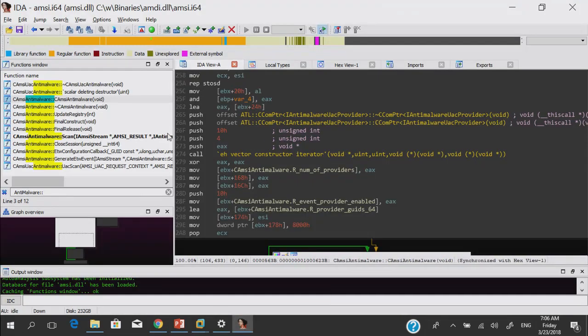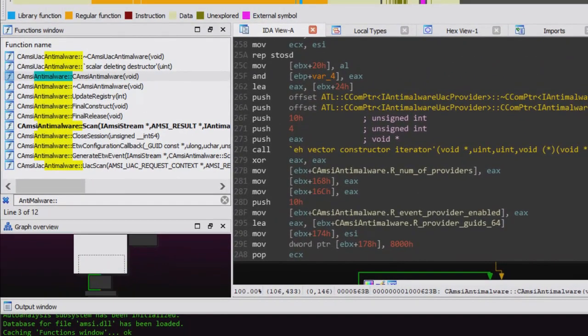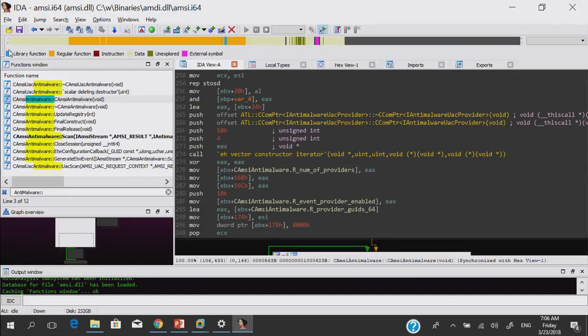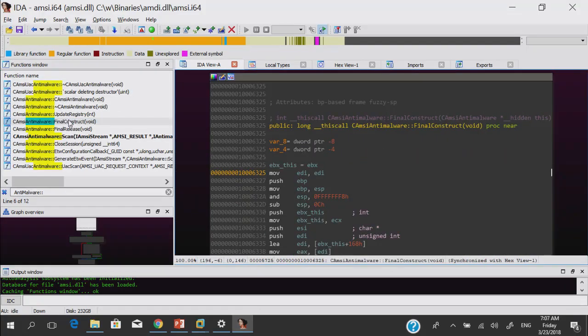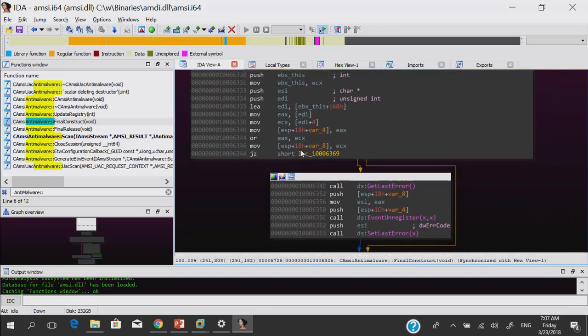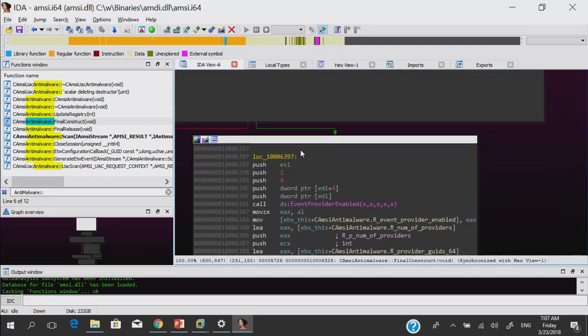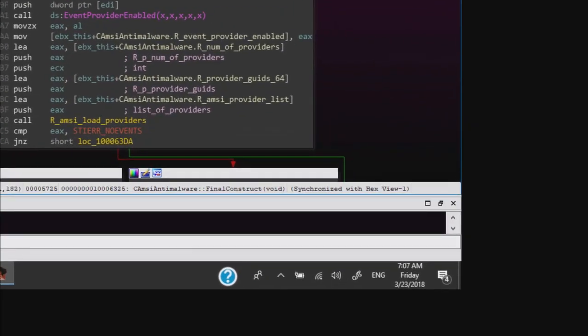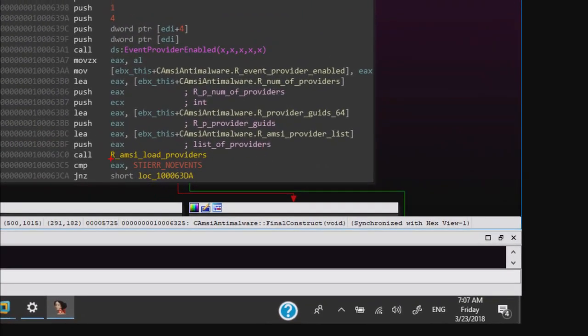Now, I've said that AMSI has an anti-malware class that is in charge of loading the providers. So the loading is going to take place in a function called final construct right here. So let's take a look at this function. Now, as we can see here, there is a call to a function that I've labeled AMSI load providers.